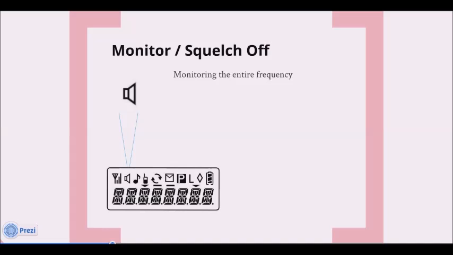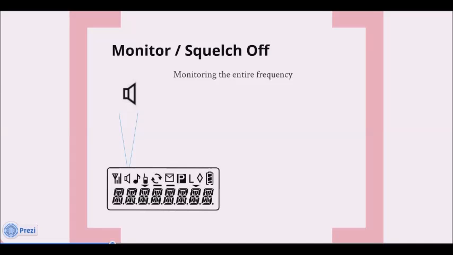This is the monitor/squelch off active icon. It is used to signify that you will hear all conversation on the frequency. This is not relevant to ABeep customers using our Diga-Talk network because they all receive their own private frequencies. But for people using these radios who are not on our network, it is possible for separate groups of people using different privacy codes to talk on the same frequency and not hear each other. If monitor is active, then you will hear all the other conversations on the channel, not only the ones relevant